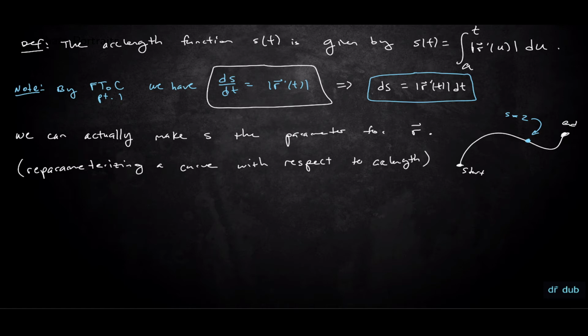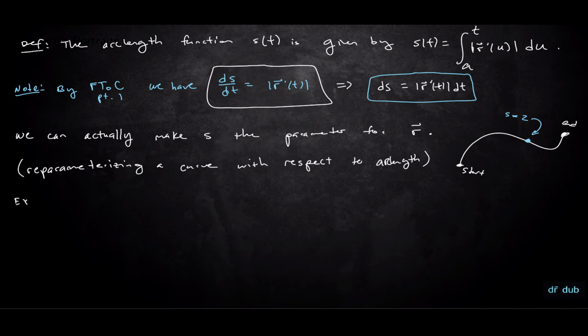Because essentially we start out with a function of t. Well, if we can get the arc length function s of t, we could hopefully invert that to get t of s and plug that back into our function r of t to get r of s. So, example,